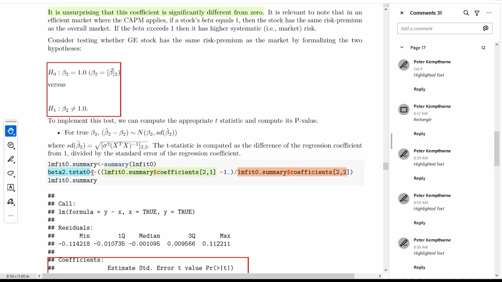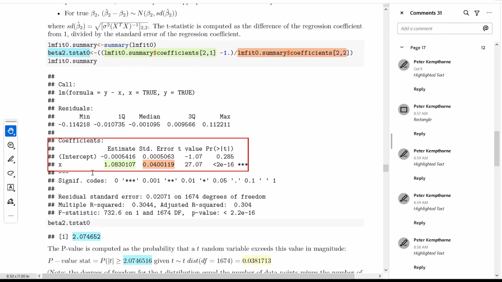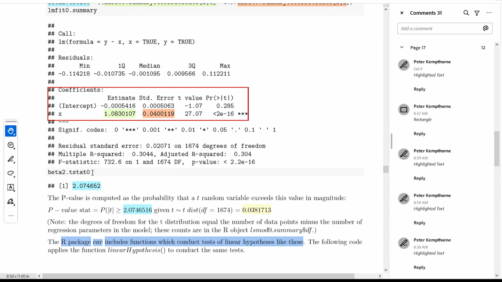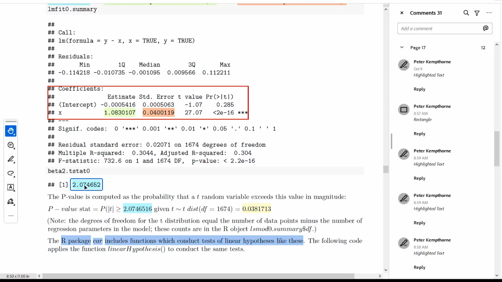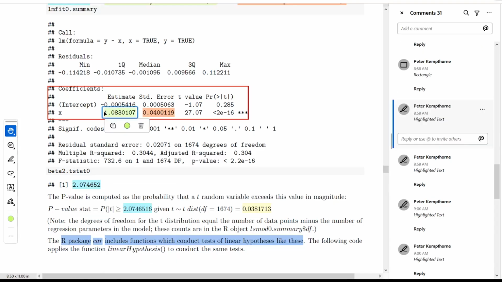And so with this, I've basically computed this for GE, and it turns out that the t-stat for GE, which corresponds to a beta of 1.083, is fairly close to 1 in terms of absolute magnitude, but it's actually statistically significant according to the arguments